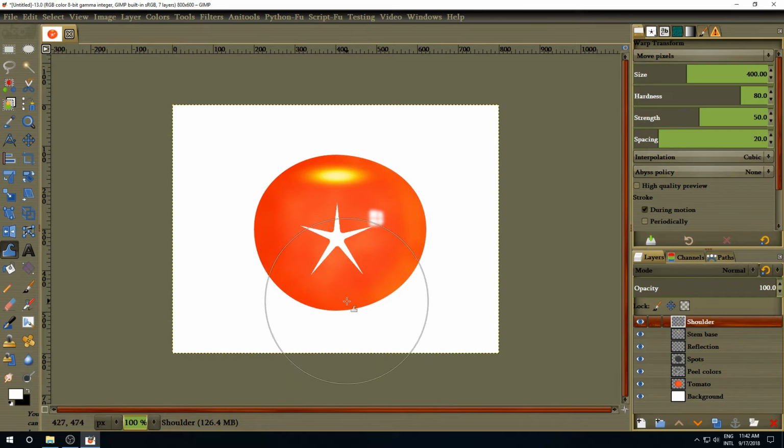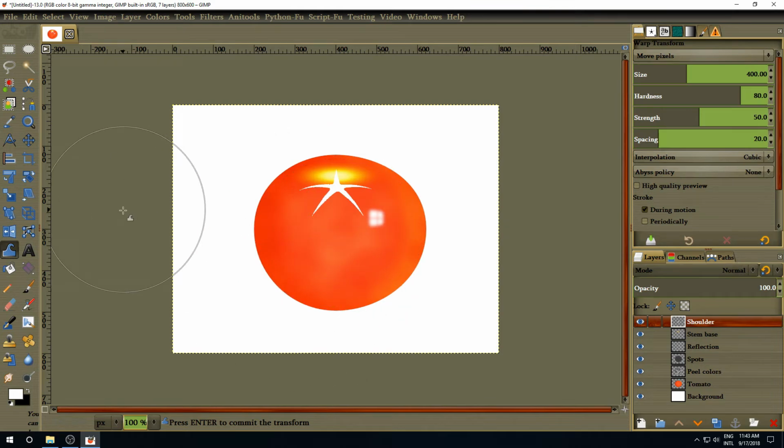So what we're going to do here, we're going to click on the bottom of the tomato right here, on the edge of the bottom of the tomato. Click once and hold your right click and move it up straight. It doesn't have to be perfect, or super straight, but make sure that you go up to the 200 mark on your side ruler, and what I'm saying side ruler is right here,